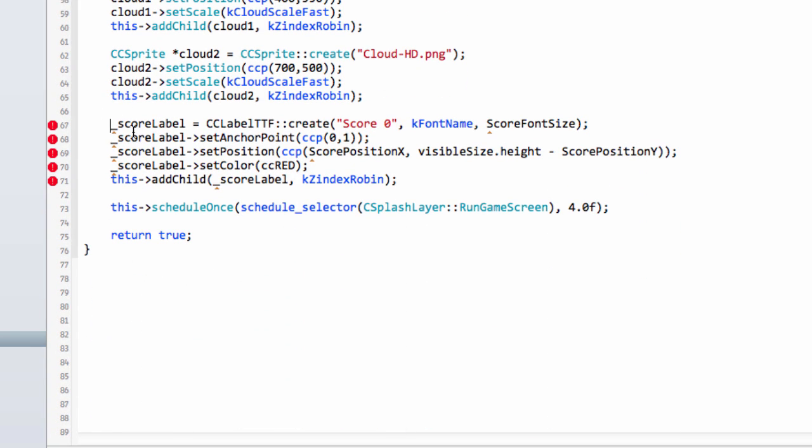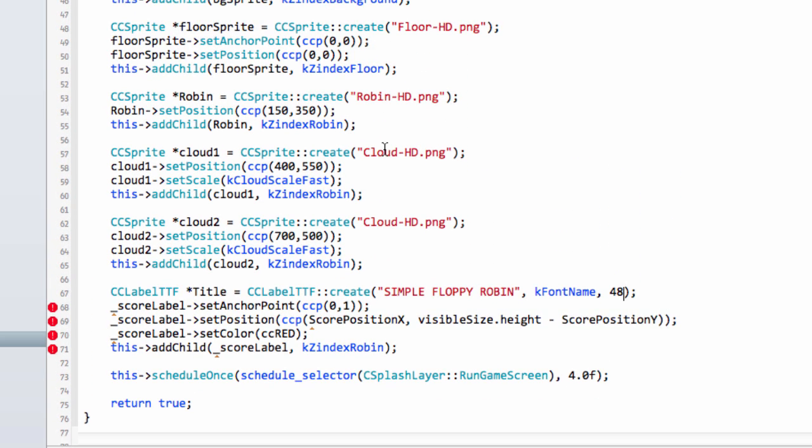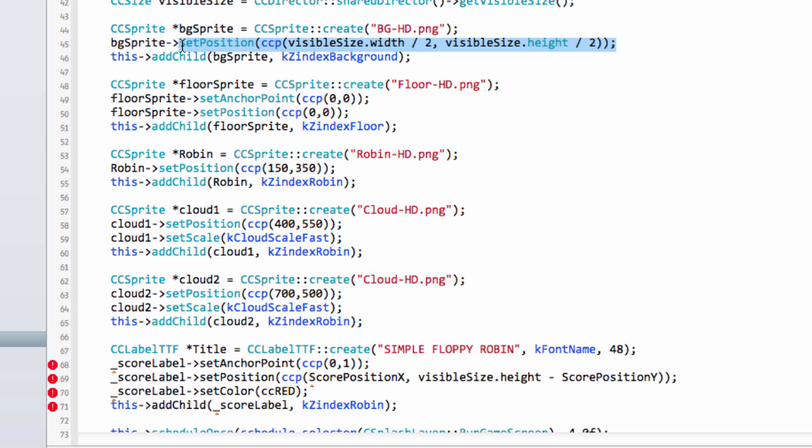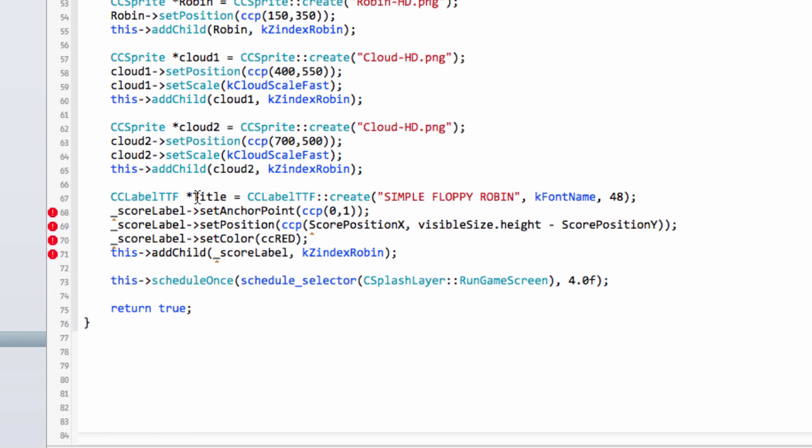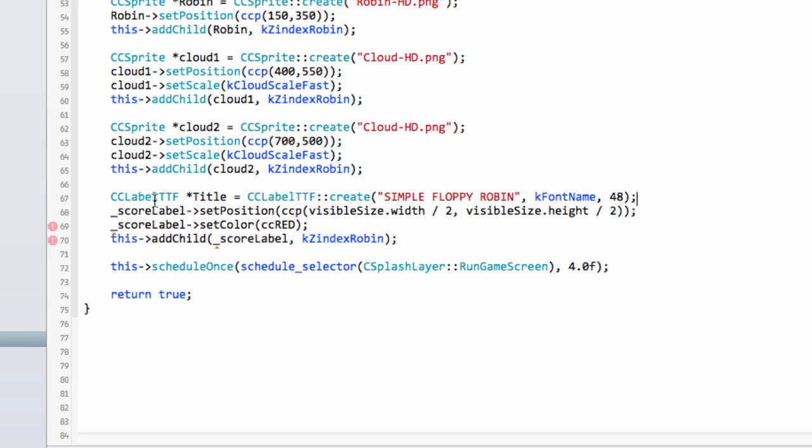So onto the text then, what we need is a CCLabelTTF, and I'll call this title text, and this can be simple floppy Robin with our standard font, and we'll use a font size of 48. That'll go then right in the middle of the screen, just as our background did, so I can say set position right in the middle of the screen. We don't need an anchor point for our title at all. Set the colour to red and add as a child,